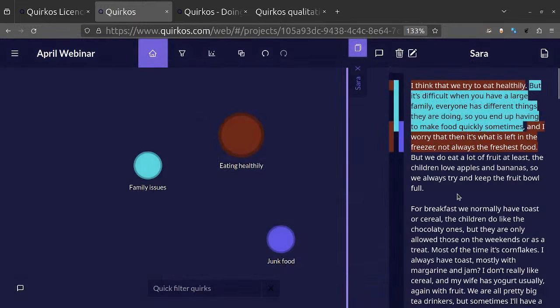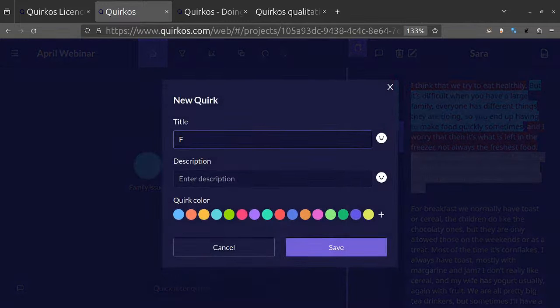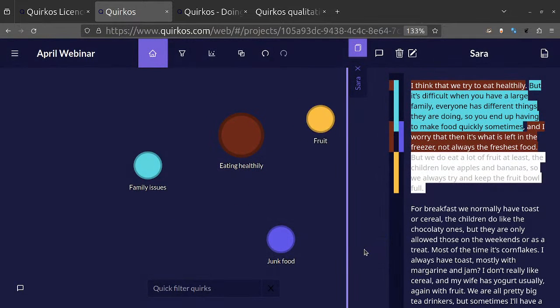Right, so we'll go back and call that junk food. Okay, great. But we can also have overlaps here as well. So if we added all this to a new code, which we'll call fruit, use a fruity color. Did we use that one already? No, good. But this can also be about